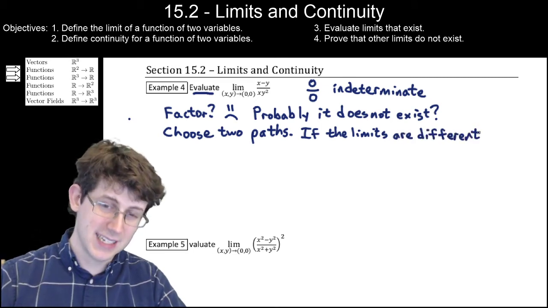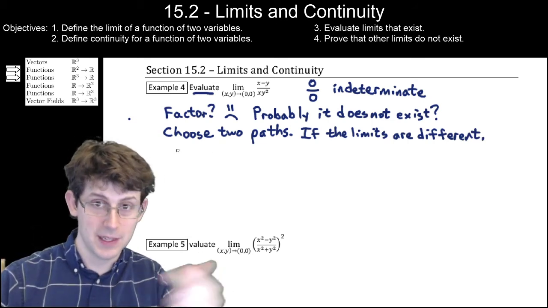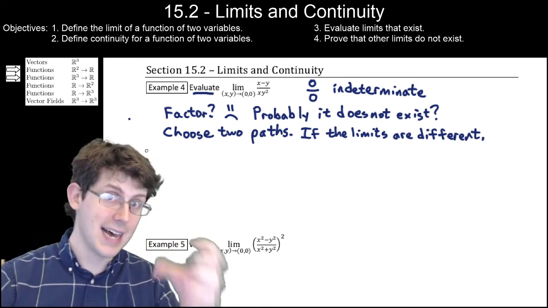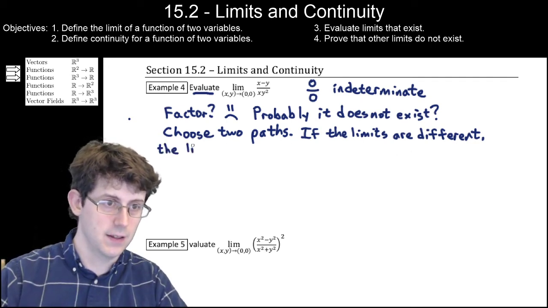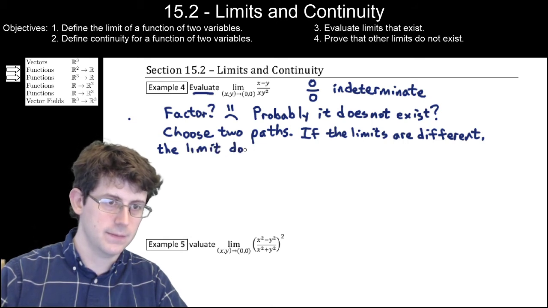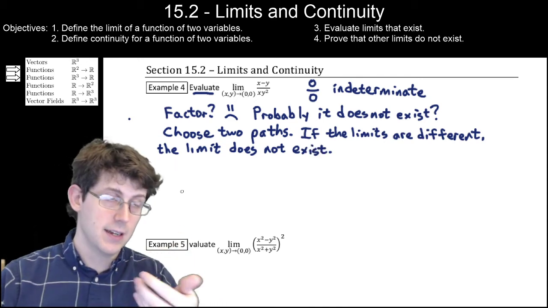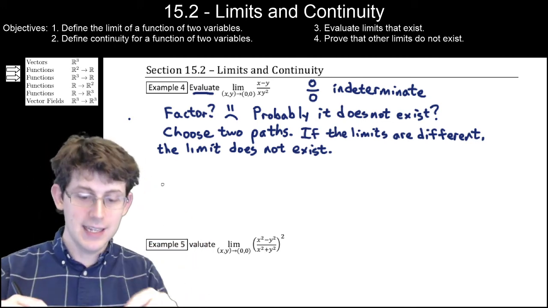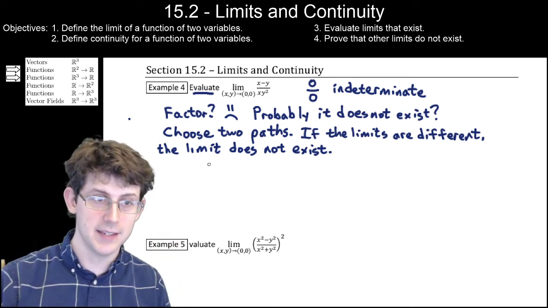This is basically exactly the same plan that you would have used in a Calc 1 class. You would say, I'll come at it from the left and I'll come at it from the right. And if I get different numbers, then the limit does not exist. But here you have lots more paths to choose from. So if the limits are different, then the limit does not exist. Usually the best paths to use are simple paths. Now, what do the paths look like? Well, a path would be any function or any curve in the xy plane. So the easiest paths to use